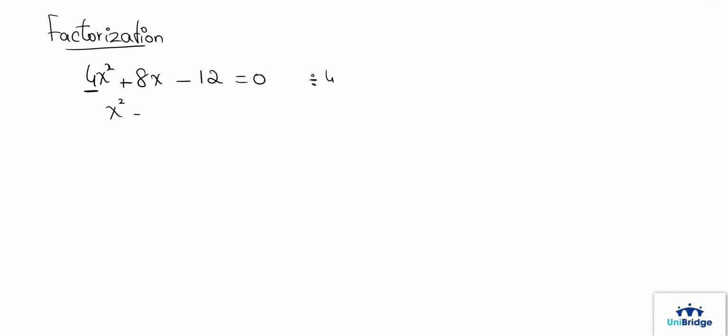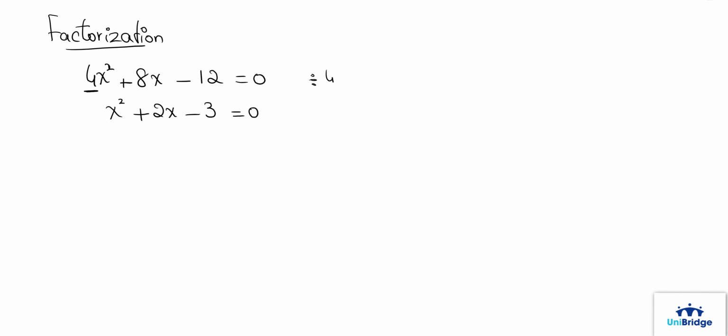Let's continue our discussion on factorization. Now we were handling cases when the number beside the x squared is not 1. So another example for this: if you have 4x squared plus 8x minus 12 is equal to 0, you can notice that the whole equation is divisible by 4. Since my problem is the 4 beside the x squared, the factorization does not become very easy. But if you divide the whole equation by 4, you're going to get x squared plus 2x minus 3 equal